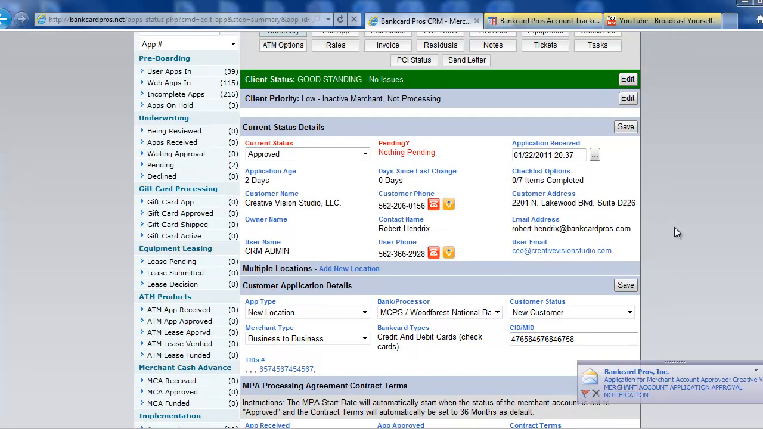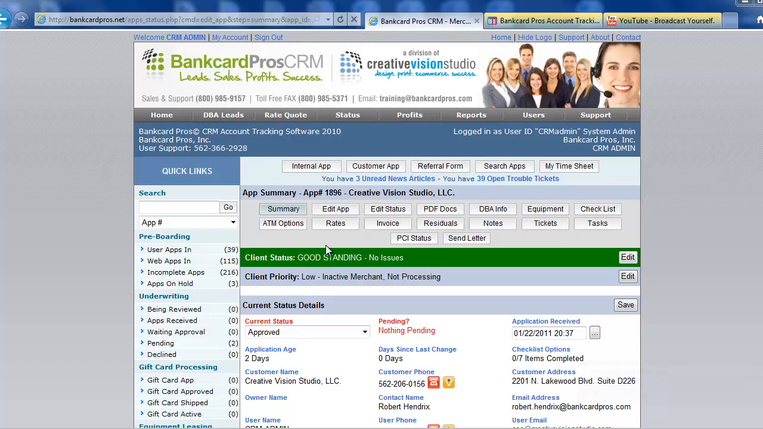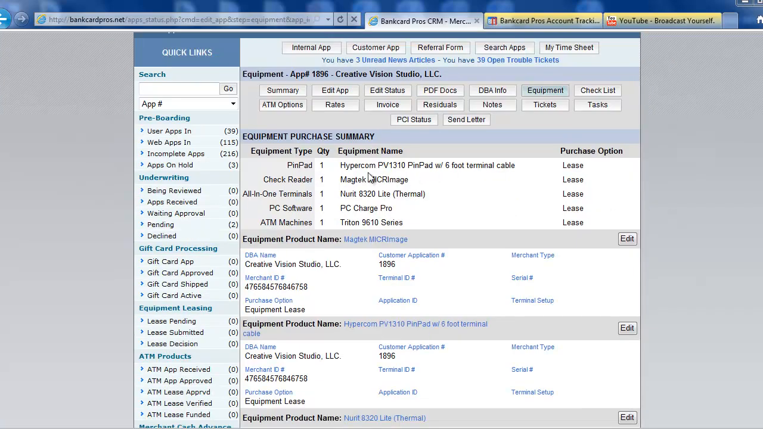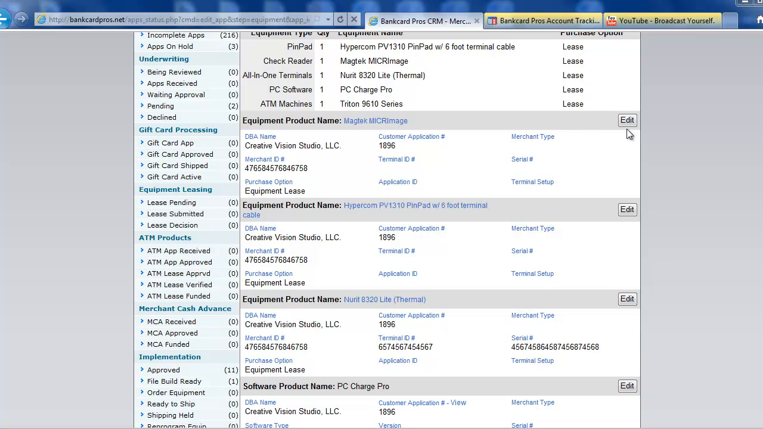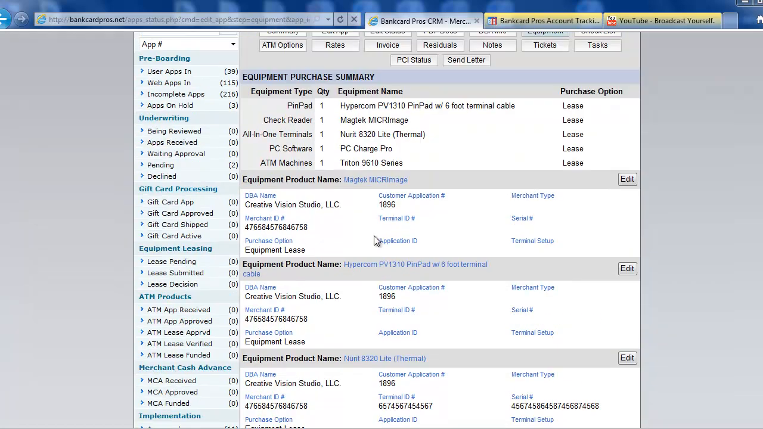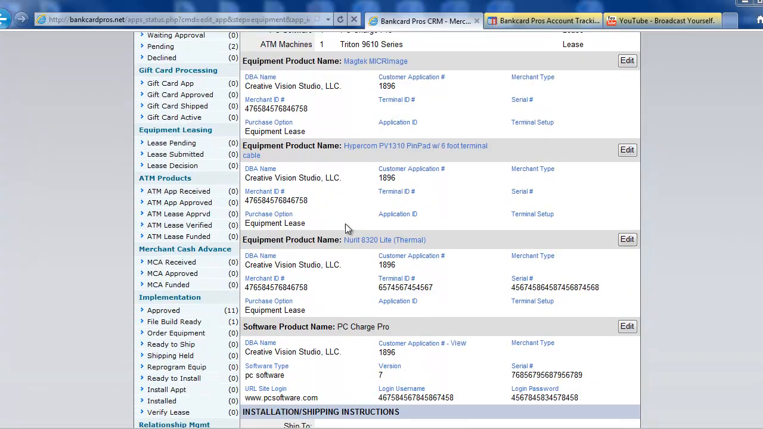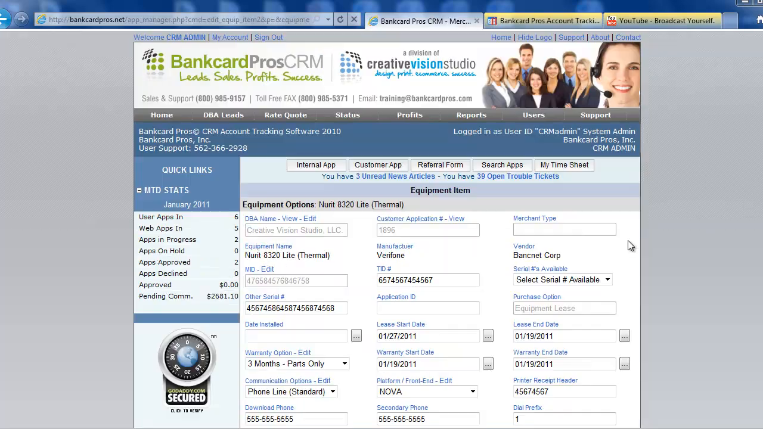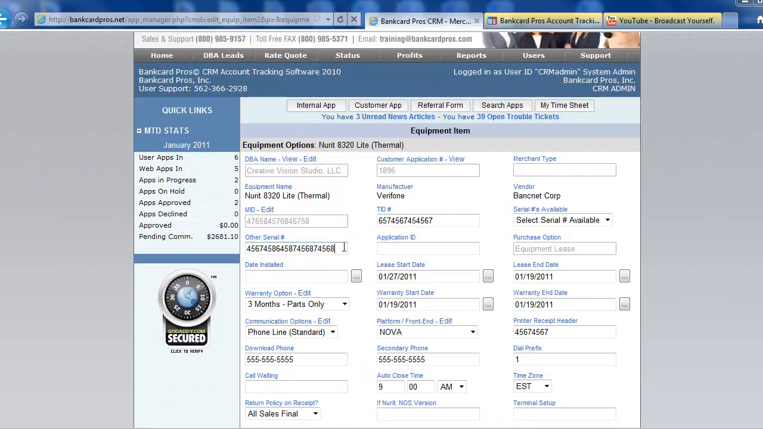Now if you want to see a specific terminal ID number on this app summary page for the merchant, you're going to click on equipment, and here you're going to see that there's 5 pieces of equipment, software, and ATM machine, and you go to the correct section that you want to find the terminal ID number or serial number, and here you can find the actual terminal ID number. So when you go here, you're going to be able to see the serial number, the terminal ID number,